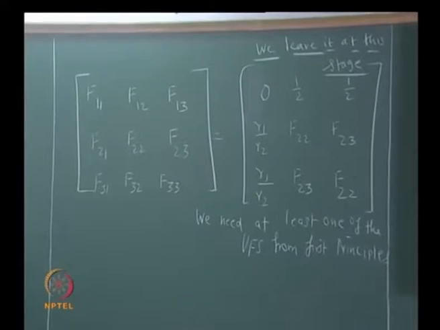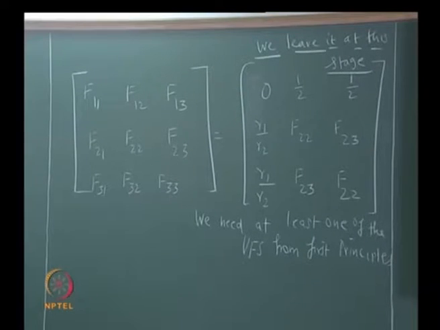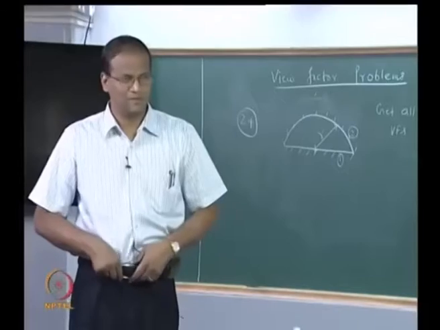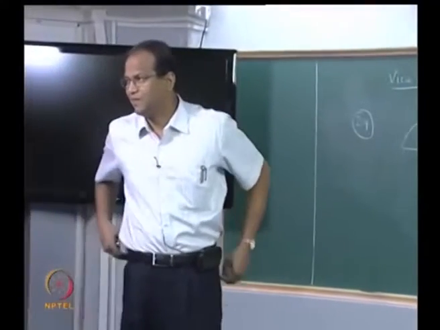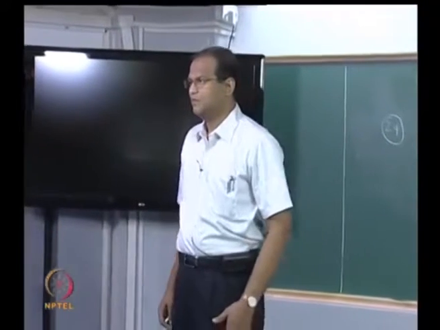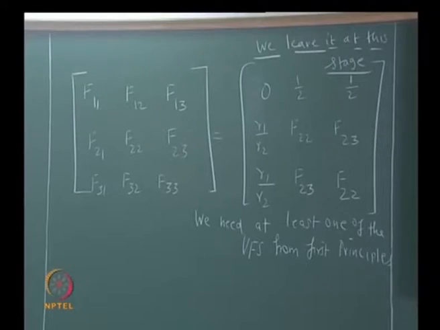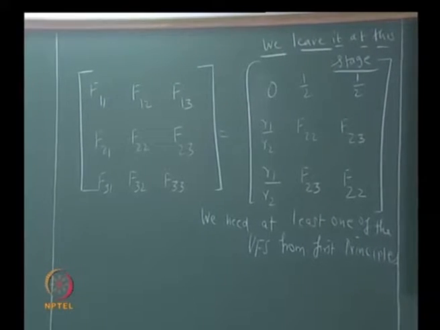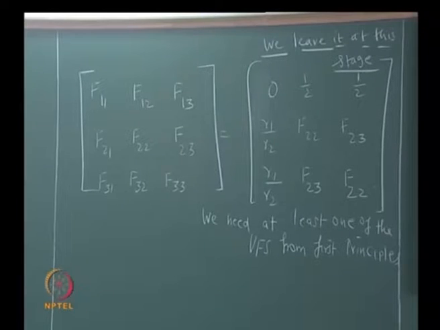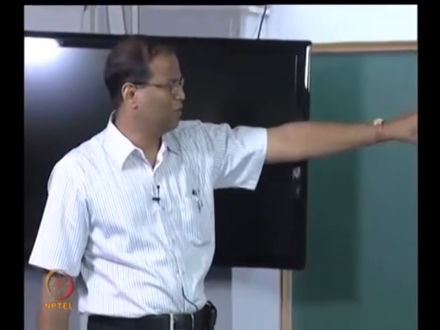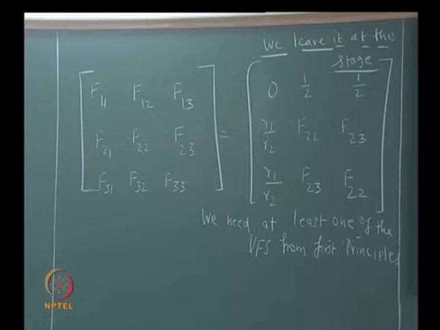You are not able to see the other one, Vikram. I wrote F32 as F23. Are you able to see that? No, no. Even if areas are different, then more unknowns will be there. It's just the same as the reciprocity rule where the area is the same. You are not understanding me. If you get one of the view factors, it's done. You can't solve beyond that.